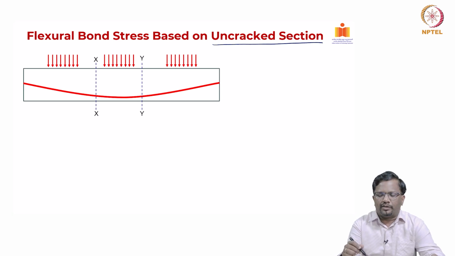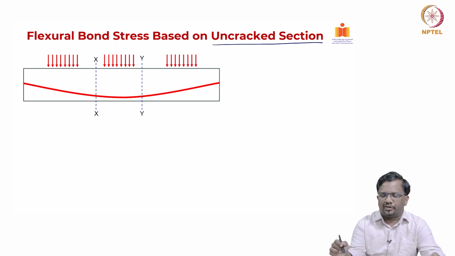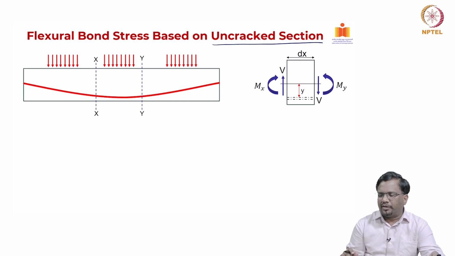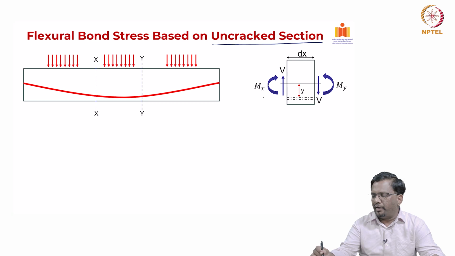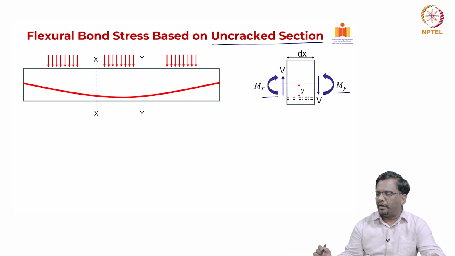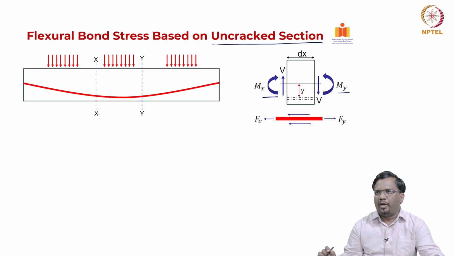Let us say that the loads are very small and the section is not cracked, and this is a pre-stressed beam with a cable profile subjected to some load like this. Let us take a section between x and y, with bending moment Mx at the left side and bending moment My at the right side. Let us say that the shear is constant for this particular loading configuration, and the pre-stressing cable is at a distance of y from the CG of the cross section. If I take the free body diagram of the steel,